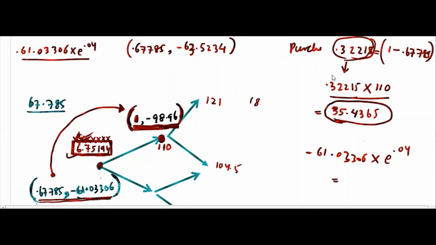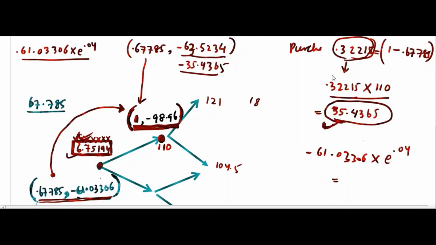Rebalancing means what? I will purchase these many shares, 0.32218, and the value of this must be equal to this. And this amount I can rebalance from this. I have already borrowed this, so I will have more borrowing, of this amount minus 354365. So I will purchase shares and increase it to 1. Now we have to verify that when you add these two, you get this one. Yeah, I'm getting it. So that is correct.